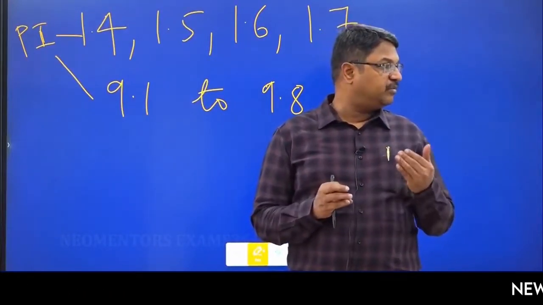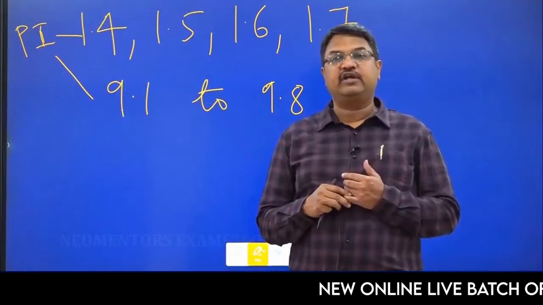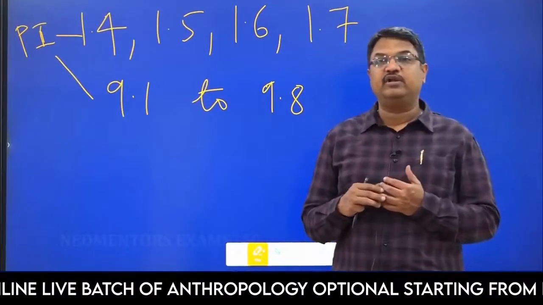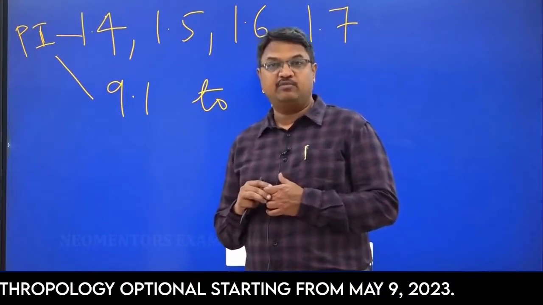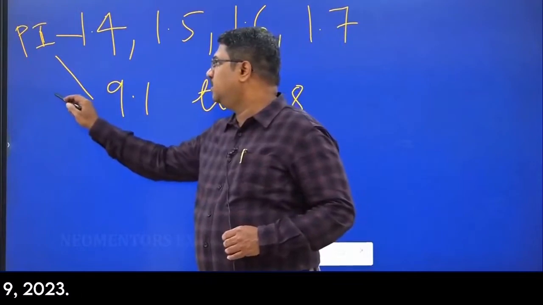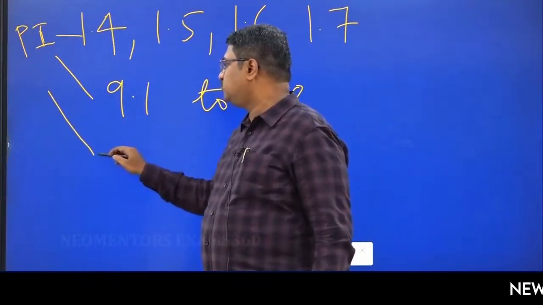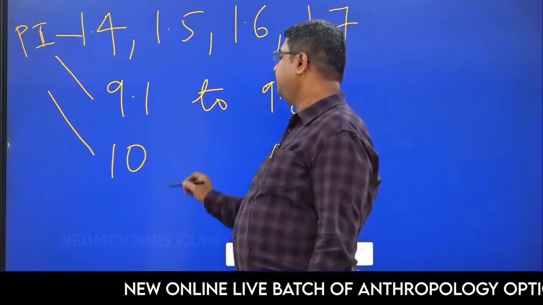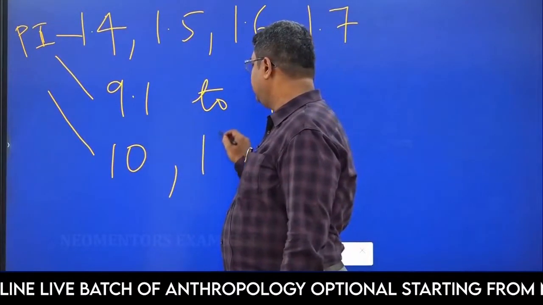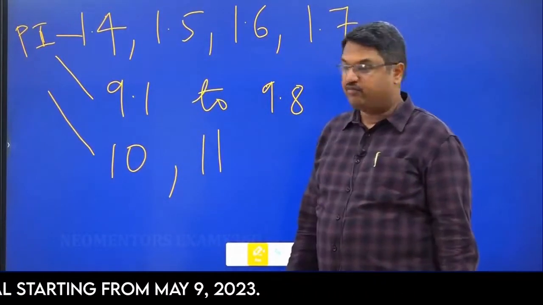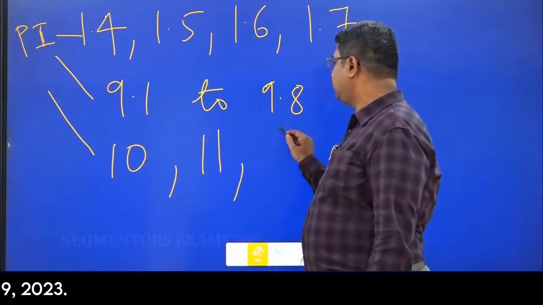Later we will enter into the applied part, the paternity diagnosis, then the DNA fingerprinting, recombinant DNA technology, and many more. Okay, so this is about paper 1, that is part 2. There are also other parts like human growth and development in chapter 10. Then we have chapter 11, which deals with demography as well as human reproductive biology, and of course chapter 12,